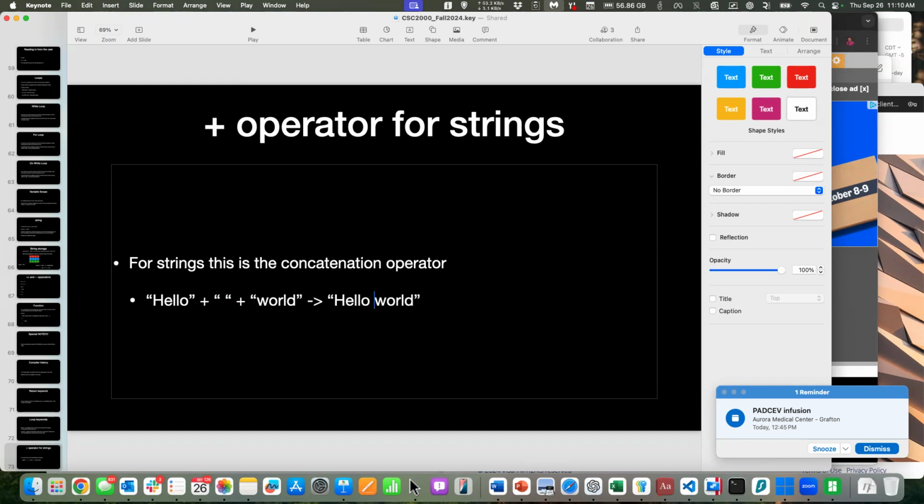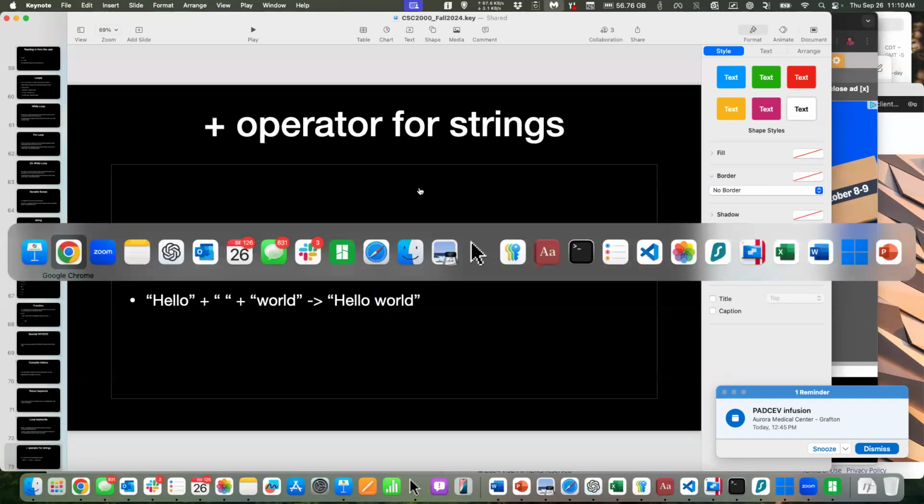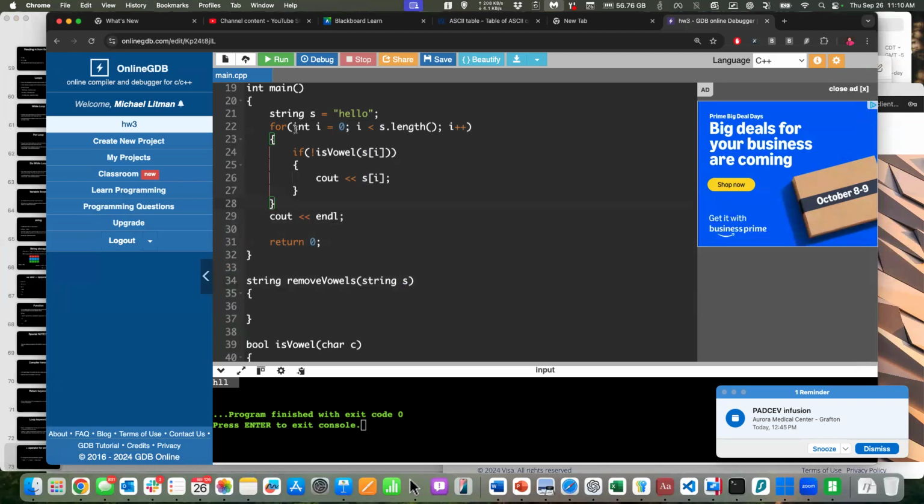All right. And the programming language will know that you mean the plus sign to do concatenation instead of addition when it looks and sees that both sides of that plus sign are strings, or at least one side of that plus sign is a string. That's definitely how it works in Java. Let me just, before I advertise that to you,